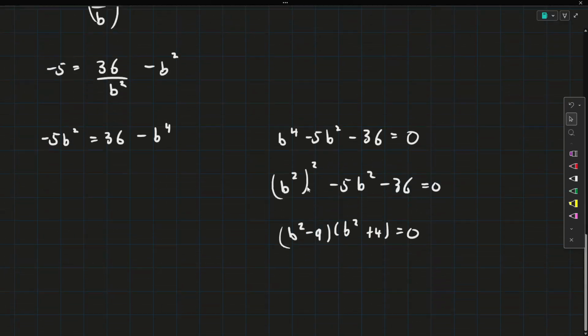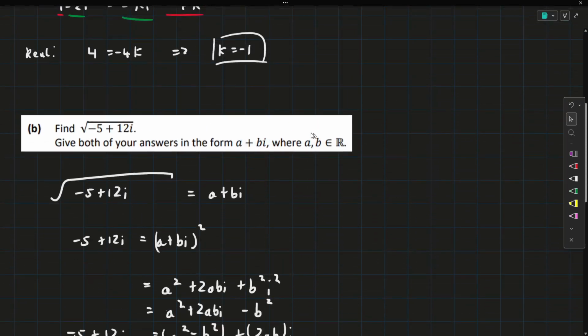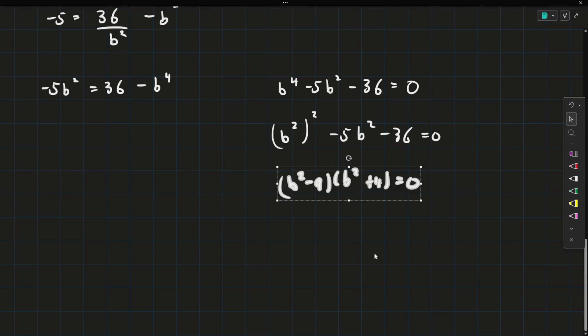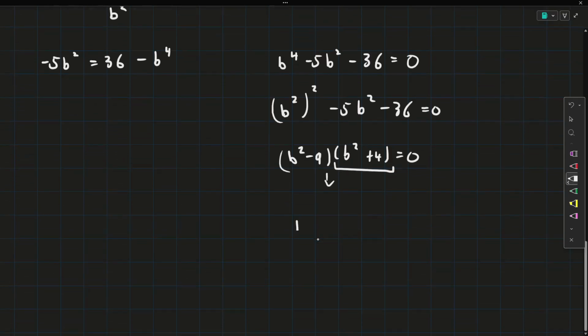Now, it's important, we're going to get 4 answers here if we're allowing complex answers, but it's important that a and b are real numbers because they're the coefficients here. If b was a complex number, then this bi part is meant to just be imaginary. If it was a complex number, bi would be complex itself. I mean, it should work out either way, but we don't really care about complex solutions. So this second bracket won't yield any real solutions. So we'll just say that b squared minus 9 is equal to 0. And you might write this has no real solutions